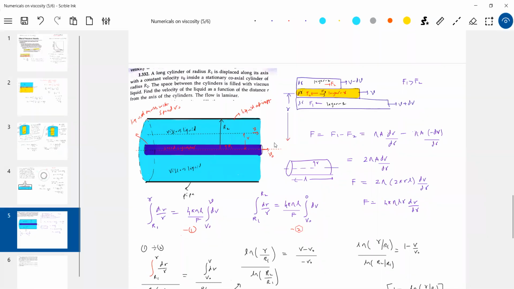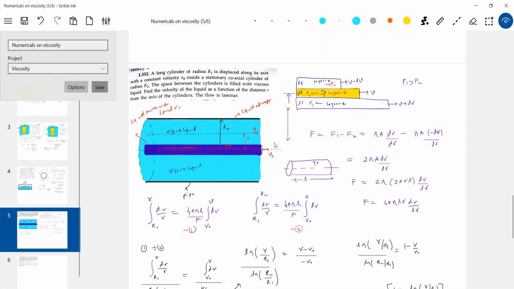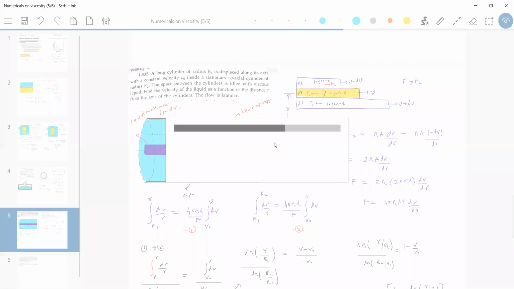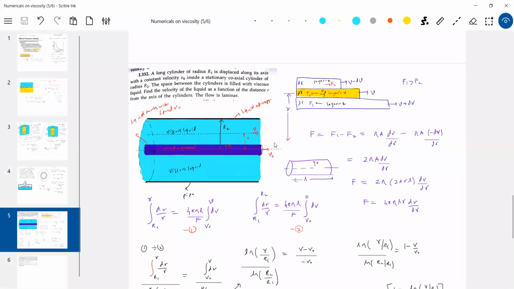No author will explain this in the book because they want students to think. Don't blame the author, saying the book is not good. Even if I wrote a book, why should I explain, because this is what you should think. Once you know this, the rest you can manage. Please be careful about the